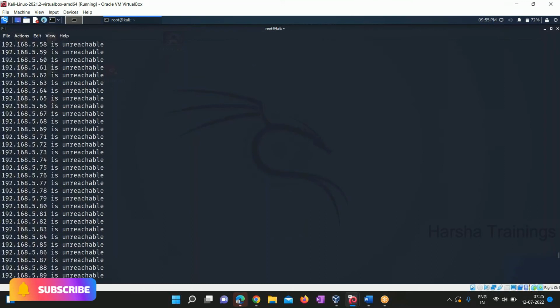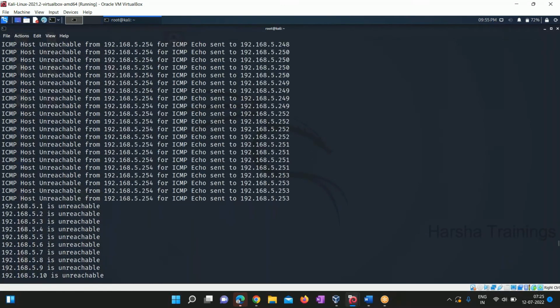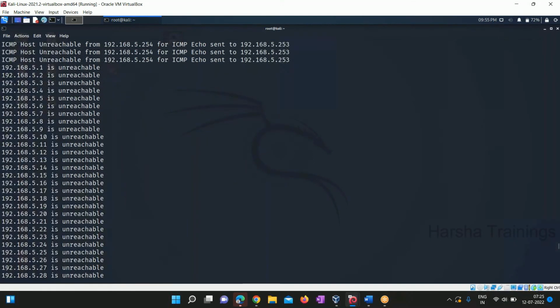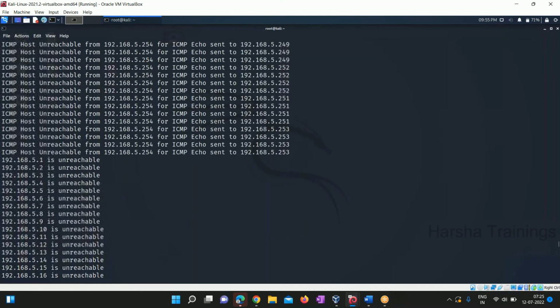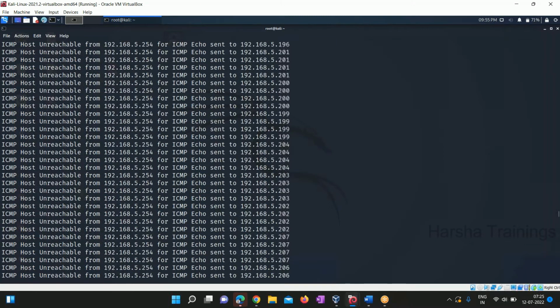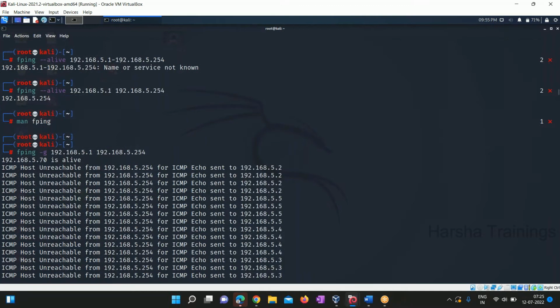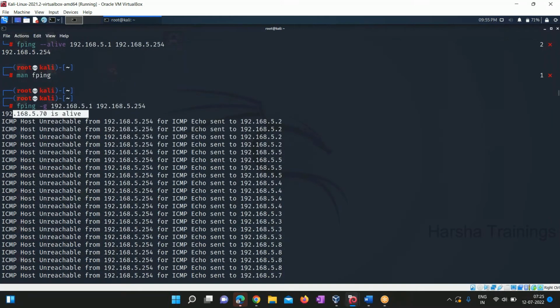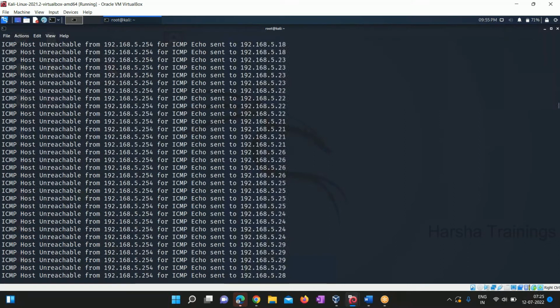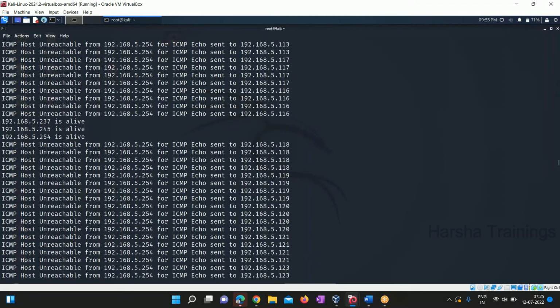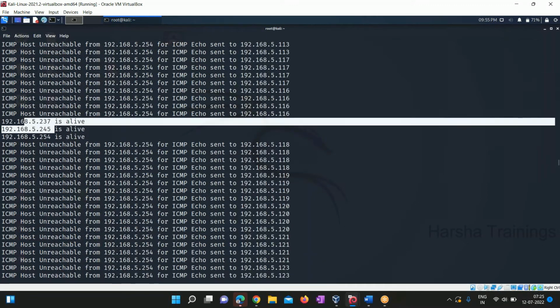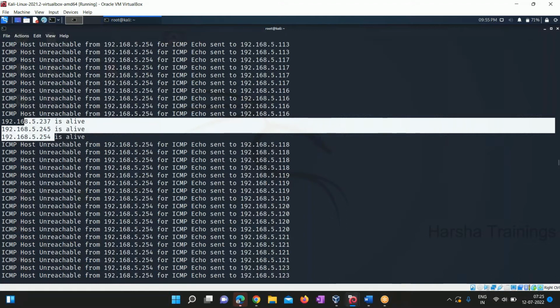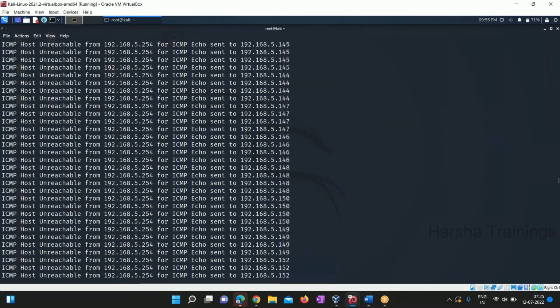If you see what happened is, it performed the scan and it's given us all the unreachable systems and also all the reachable systems, but the results are very huge. Okay, so it says 5.70 is alive, and if I come down, so here it says 237, 245, 254 is also alive in my network,